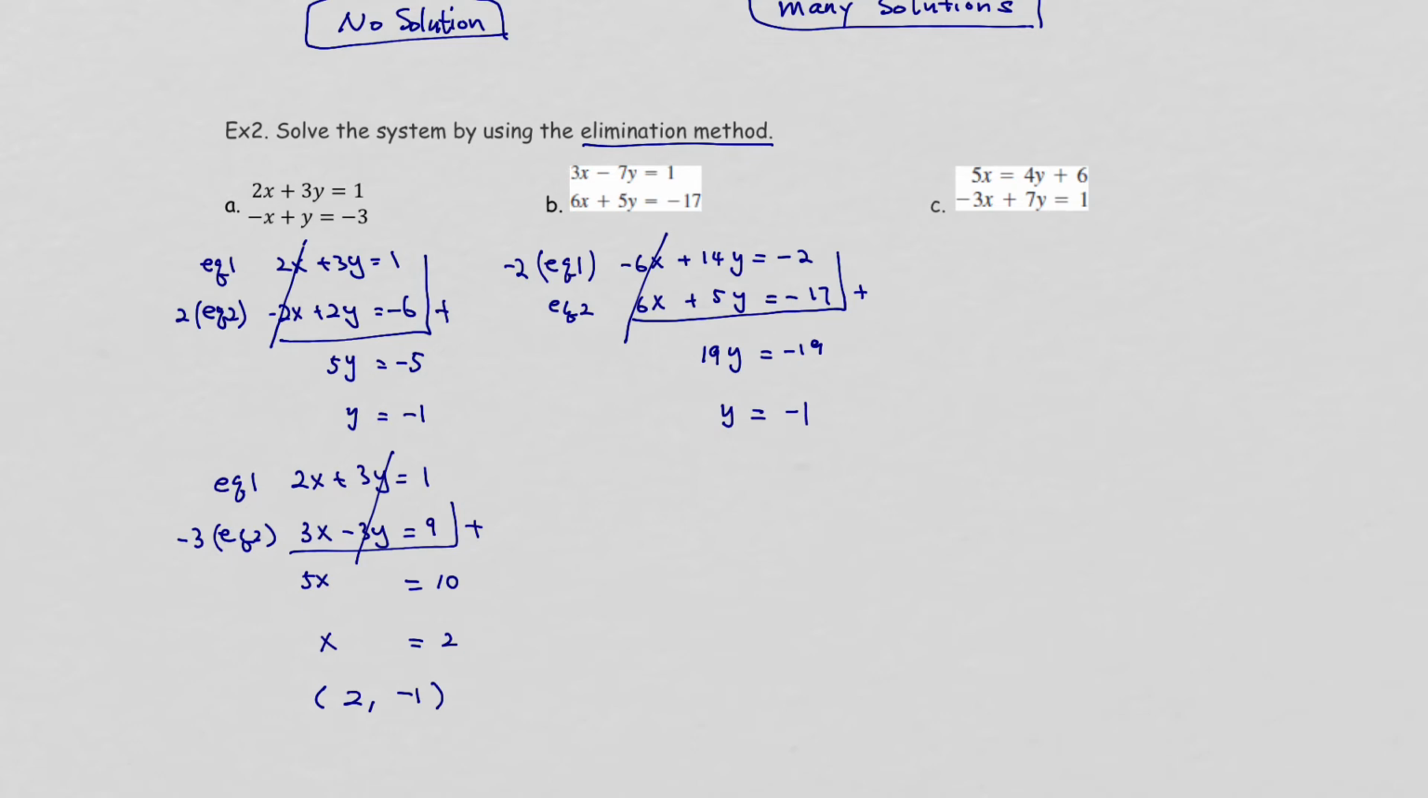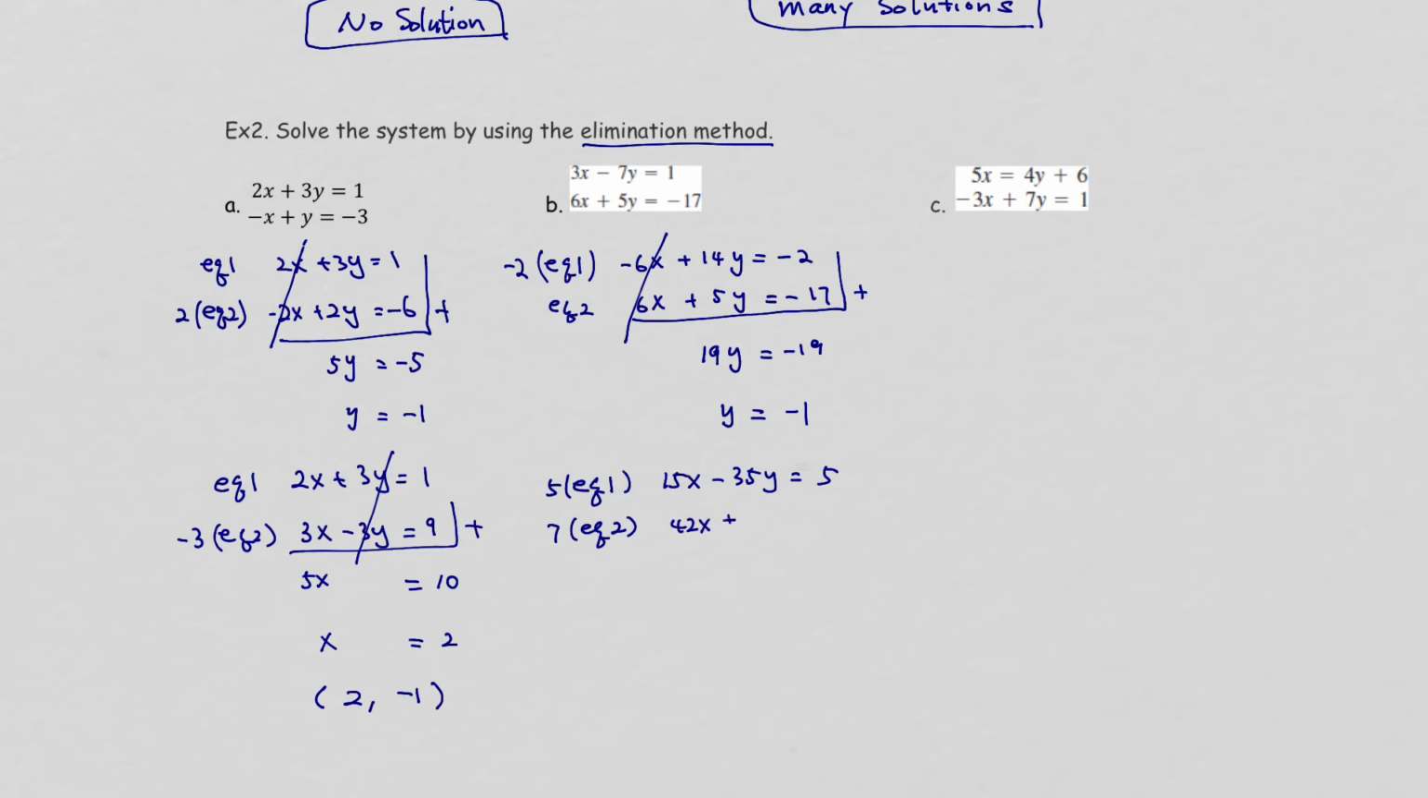Let's try the elimination method to solve for x. This time I'm going to multiply equation 1 by 5 and equation 2 by 7. So equation 1 multiplied by 5, I get 3 times 5, 7 times 5, 1 times 5. Equation 2 multiplied by 7,